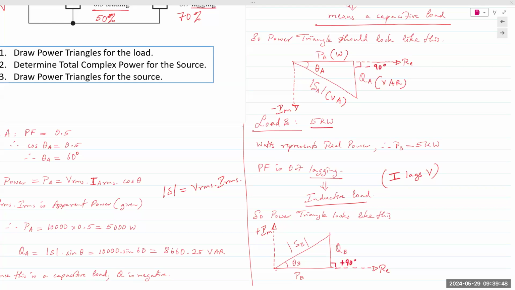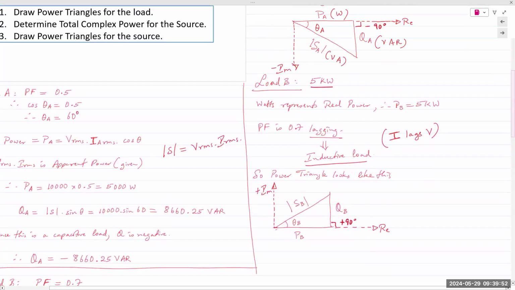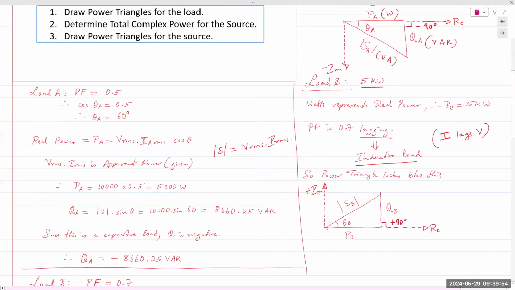Okay. All right, so then let's look at what we can do with this information. What do we have? For both, we have the power factor, meaning we have cosine of theta, meaning we have the power angle, right? For element A, cosine theta is 0.5, for element B, cosine theta is 0.7. So we can find the power angle for both. If we have the power angle,